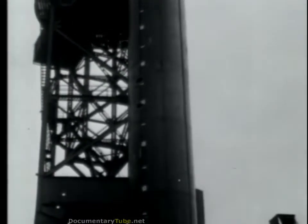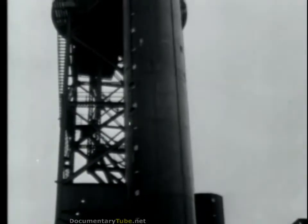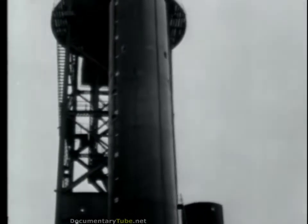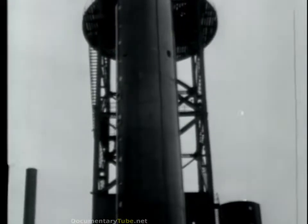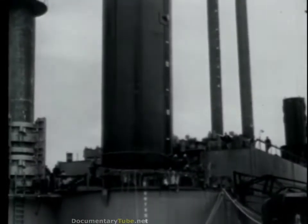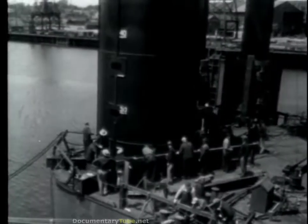Here the permanent legs were added. The lower section is a steel cylinder 15 feet in diameter and 62 feet long. Upon reaching the site, these will be sunk 45 feet into the ocean bottom to form a stable base for the platform. A lower section was placed in the well on each corner of the platform and fastened into place